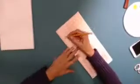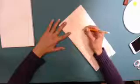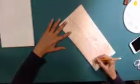Okay, so all you're going to do, and I'm going to give this a little bit better of a fold so I can see it. And there, now you can see it. I can see on camera. Okay, and you're just going to loosely draw you a heart. I'm going a little past